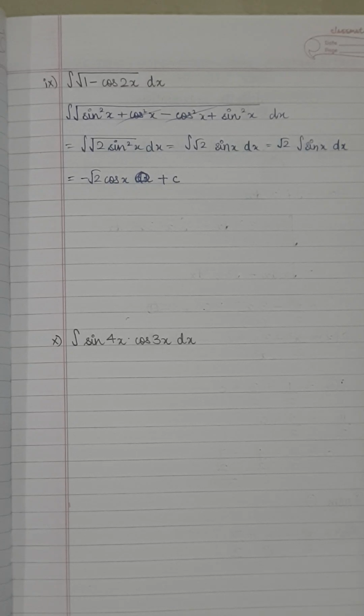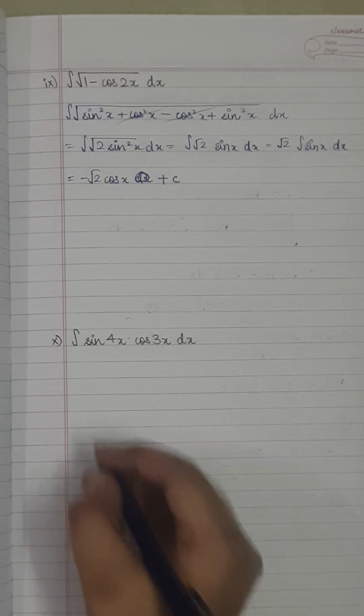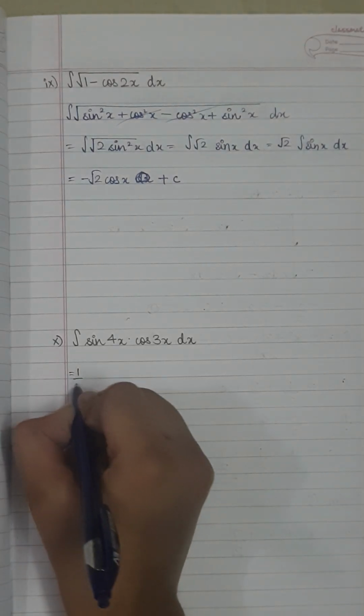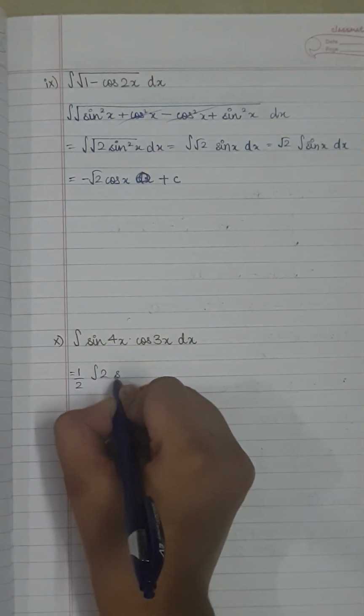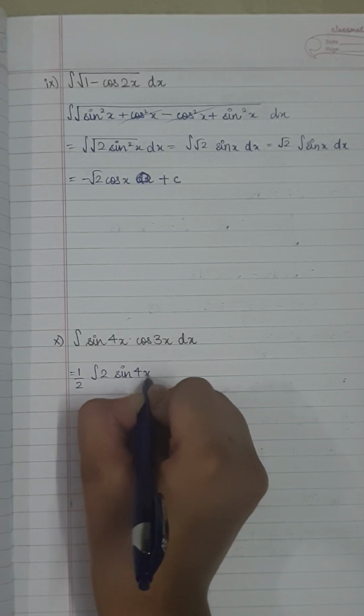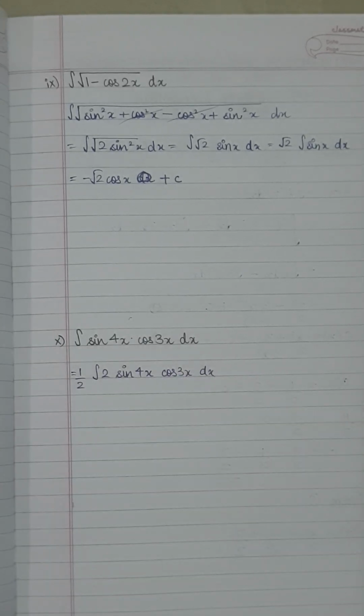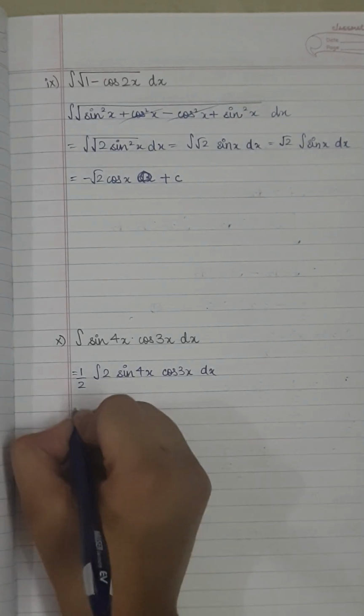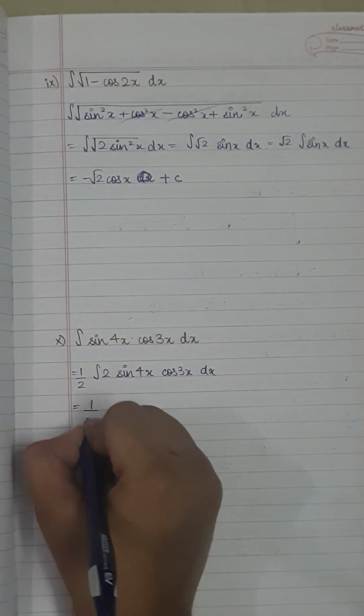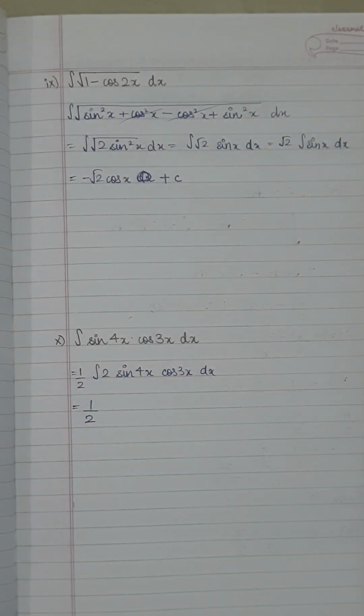So let's just add a 2 before it. So multiplying and dividing by 2, you get half of 2 sine 4x cos 3x dx. 2 sine a cos b is sine a plus b plus sine a minus b. So let's write that as 1 by 2